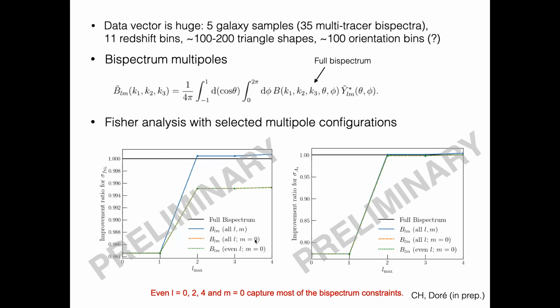And if you choose m equals 0, you get down to this green curve over here. So what this is saying is that I can actually ignore all the different orientation bins and only use one single multipole to be able to capture all of the information on my fNL. Of course, it remains to be decided if we want to go to higher L to capture more information in the other cosmological parameters, but we could also decide to let the power spectrum carry us through with that.